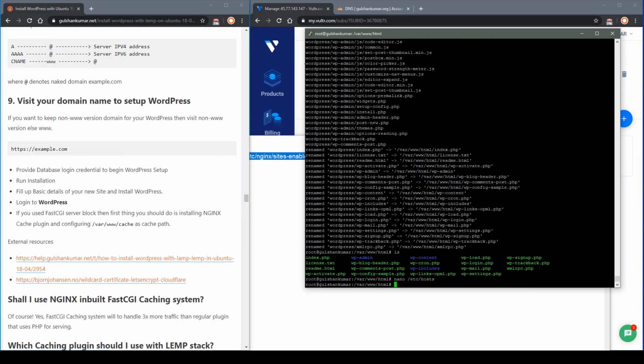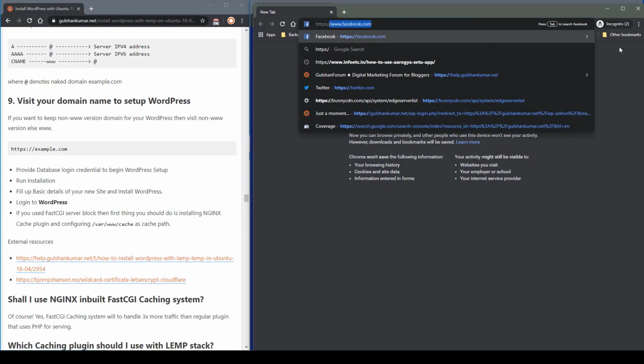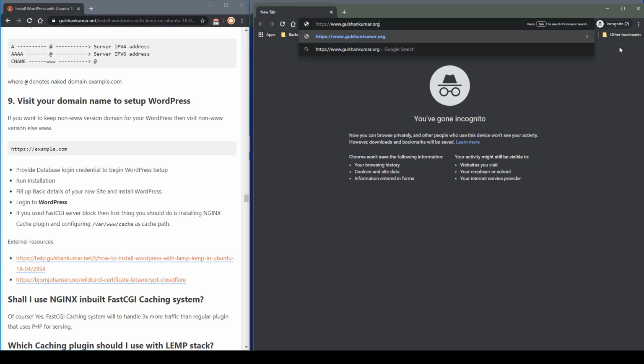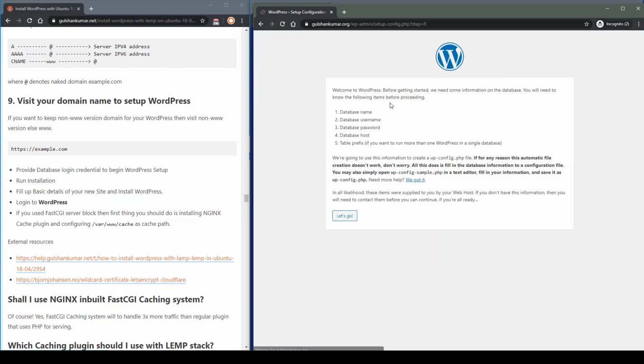Next, you need to visit your WordPress domain name. Here is a very important thing. If you want to use www for your site, please visit https://www.gulshankumar.org. If you want to keep non-www, then visit the non-www address. So it will install WordPress accordingly.